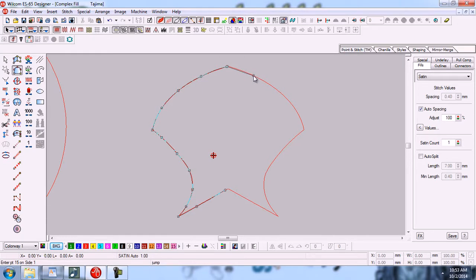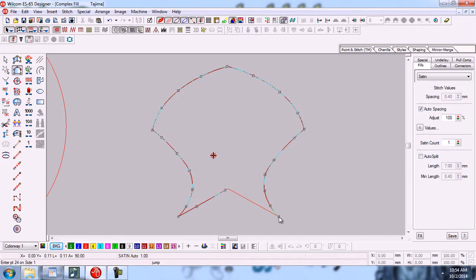Now right, and here is the corner, so we will press left click. Now right, and here we will press the left click.